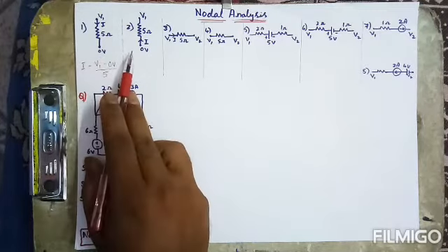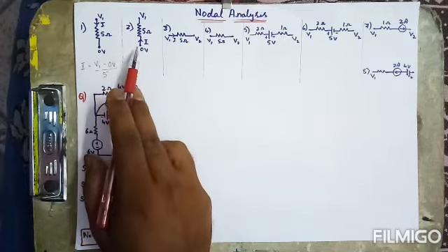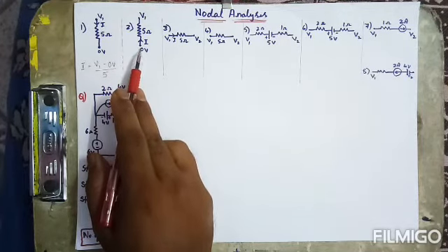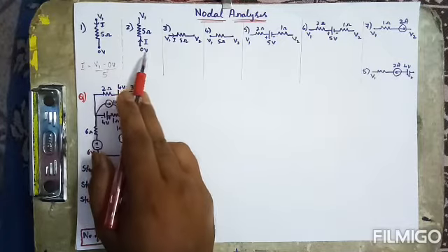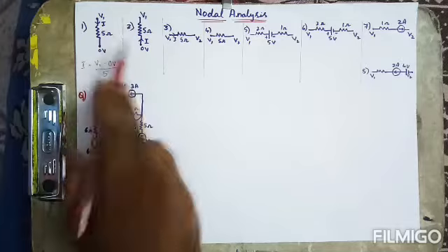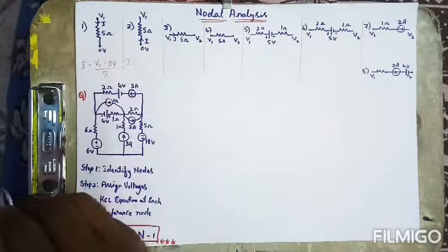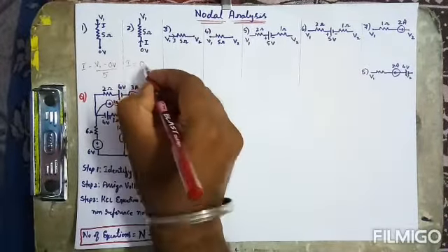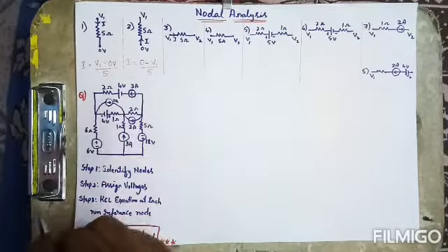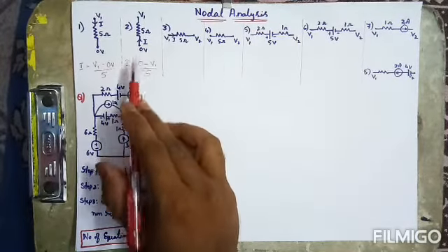Now let's move to the second one. Here I have made one slight change. What happens if the current is moving from the 0 volt terminal? It's very simple. First you consider this, next you consider this. The difference of these voltages divided by the resistance will be the expression. So I can write the current I as 0 minus V1 by 5. That is the expression for current in the second branch.